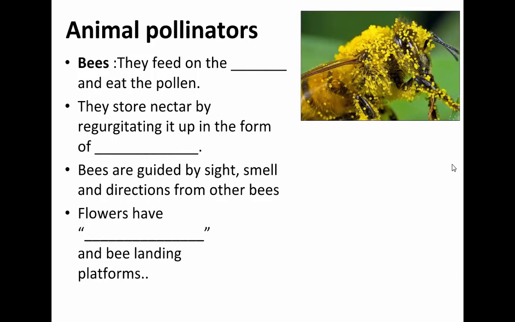So here's an example of a bee. This bee has pollen all over it. Okay? Bees generally feed on nectar. They also eat the pollen. They use some of the nectar to survive, but they take in more than they actually need, and where do they bring it? To their